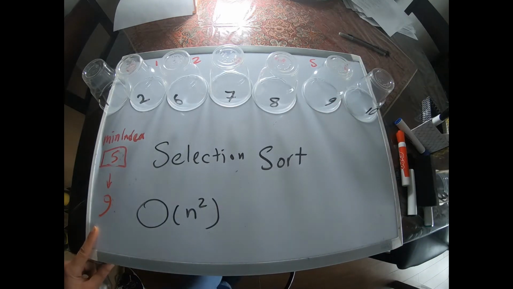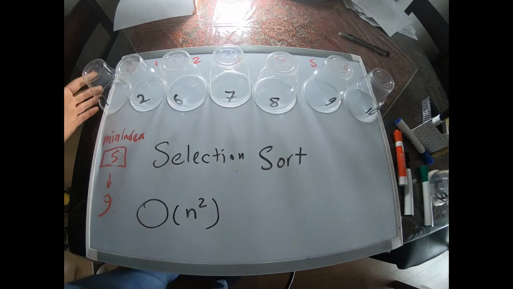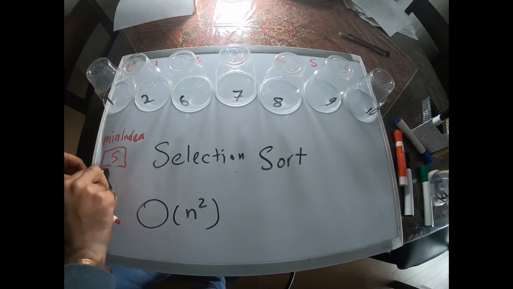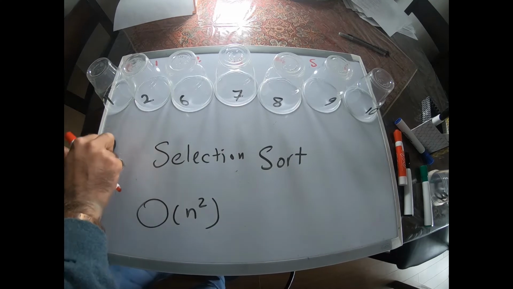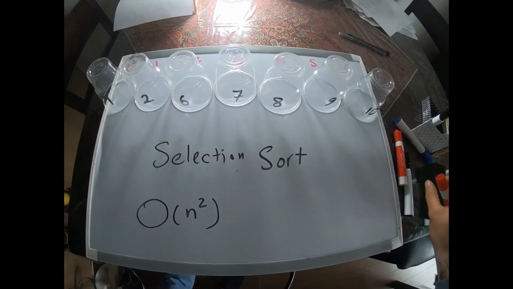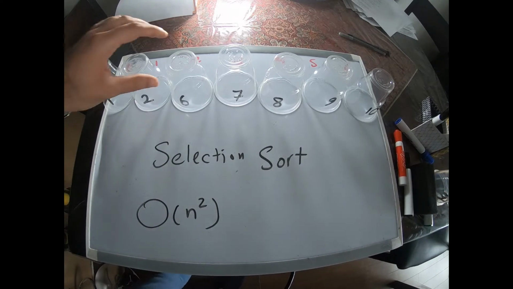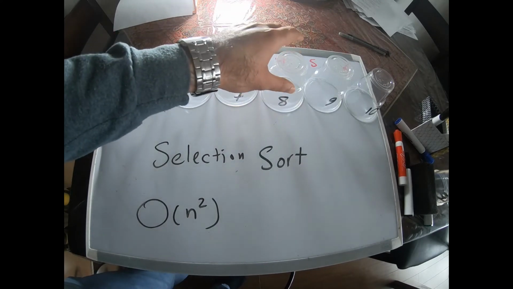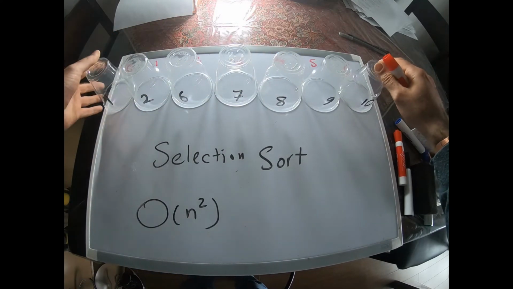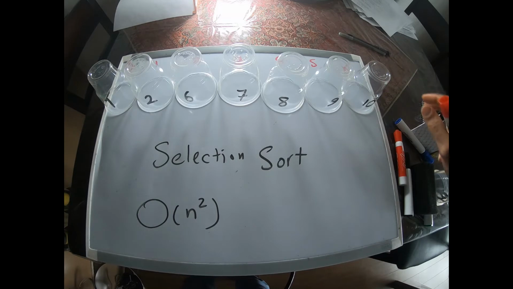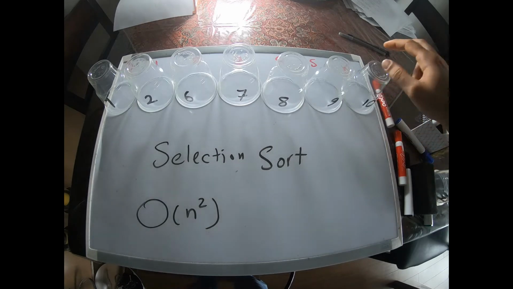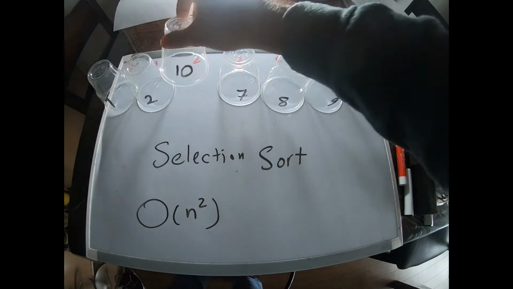The whole array is sorted. So this is basically what selection sort is. It's slightly faster than bubble sort because we don't do as many swaps in selection sort as we do in bubble sort. Okay. The next sorting method I want to show you